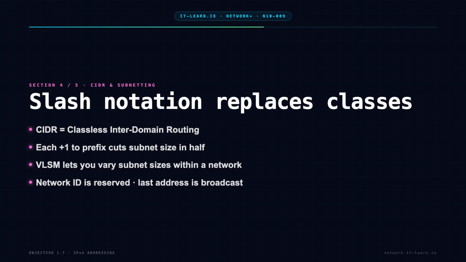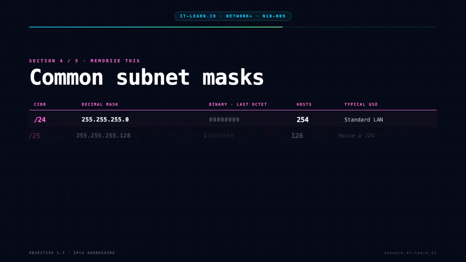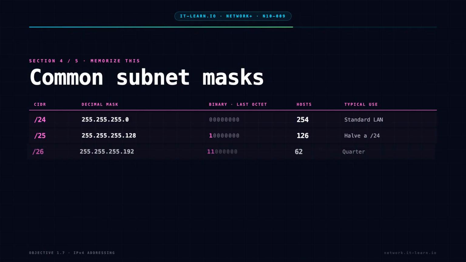Let us work through a subnetting example. Given the network 192.168.1.0 with a /24 mask, if we need to create subnets, we borrow bits from the host portion. If we borrow 1 bit, changing the mask to /25 or 255.255.255.128, we get 2 subnets with 126 usable hosts each. The 2 subnets would be 192.168.1.0/25 with a host range of 192.168.1.1 to 192.168.1.126 and a broadcast of